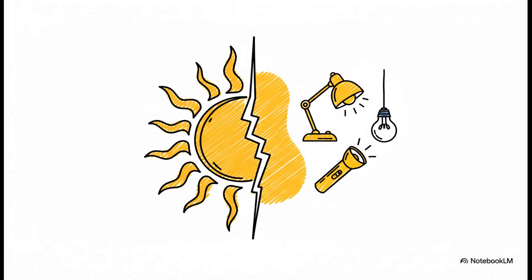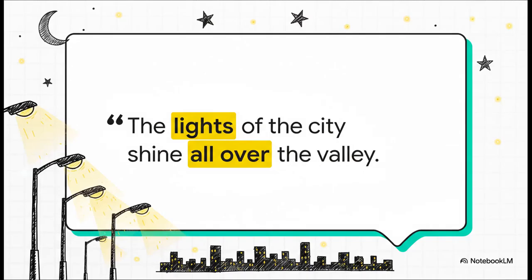But wait a minute, the same word, light, can also be a countable noun. This is where it stops being some abstract energy and becomes a physical thing. A lamp, a light bulb, the flashlight on your phone. All of a sudden, our so-called simple noun has just split in two. And this sentence just nails that second meaning, the lights of the city. Here we can actually count them. Each little pinprick is a light, a street light, a window, a car headlight. So already we have one word, one part of speech, with two totally different meanings and different grammar rules.